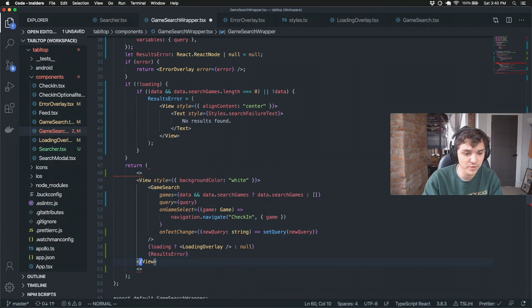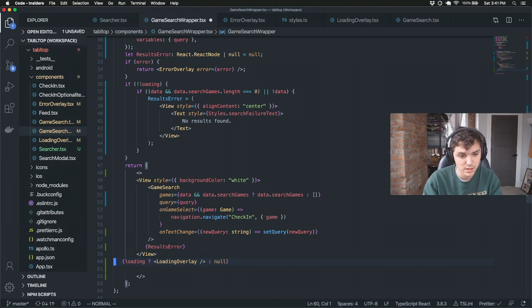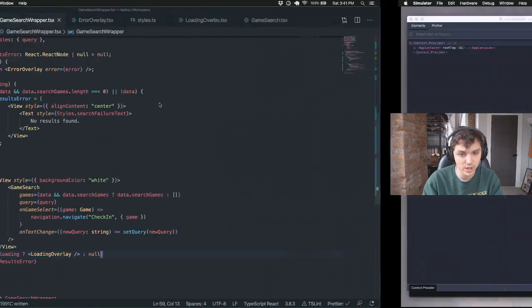Does React Native support fragments? Let's find out. That was the issue here with the background color, was that